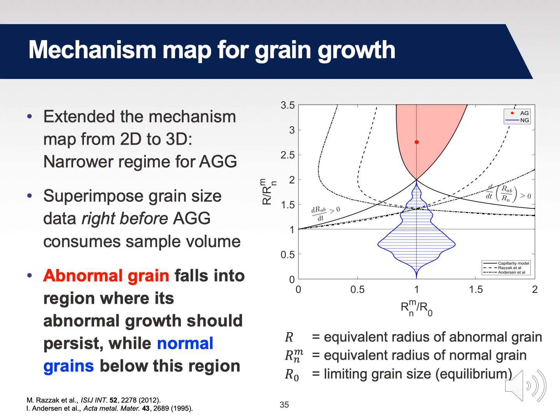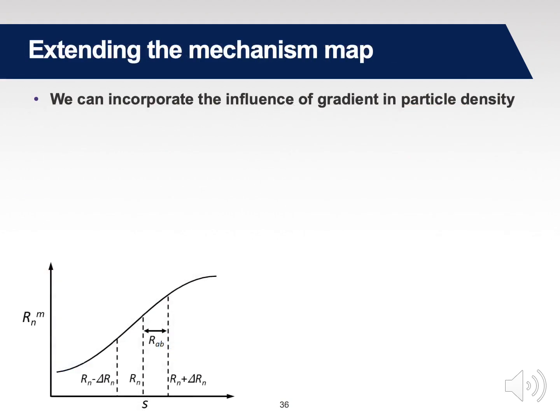The biggest assumption is that the abnormal grain interacts with a mean field distribution of particles, which clearly our work indicates otherwise. It does give us, however, some qualitative intuition, but it doesn't really tell us how the abnormal grain grows through a non-random particle distribution. And so we extended this picture even further to incorporate the influence of a gradient in particle distribution. At least in one dimension, the task can be done.